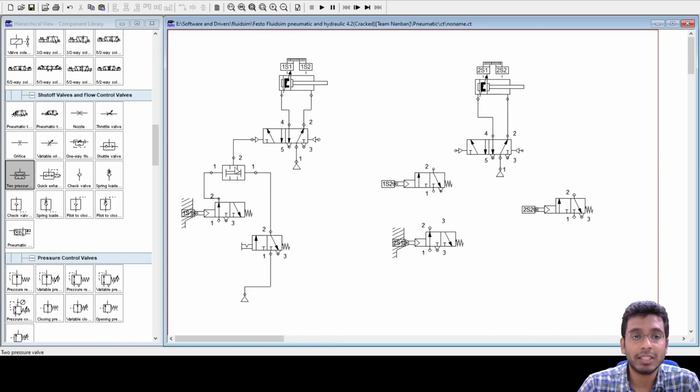This is a dual pressure valve that says when both the conditions are true at its port number 1 and the other side port, only then you will get a flow from here. So what have I connected? 1S1 is the roller valve that ensures that my cylinder is in completely retracted position. That along with my selector switch, when I press, only then this cylinder should extend. So that I have achieved through this diagram here.